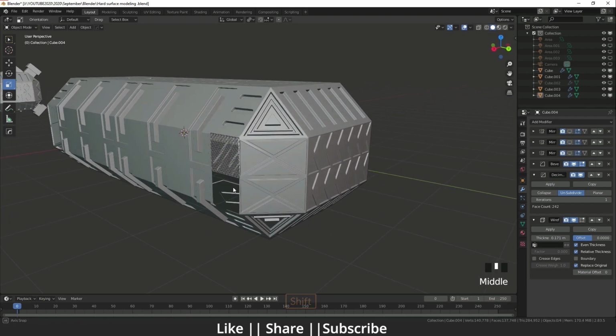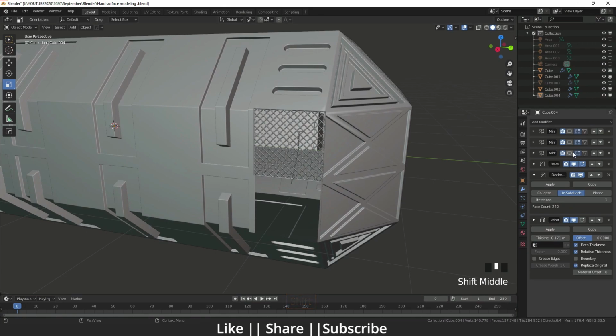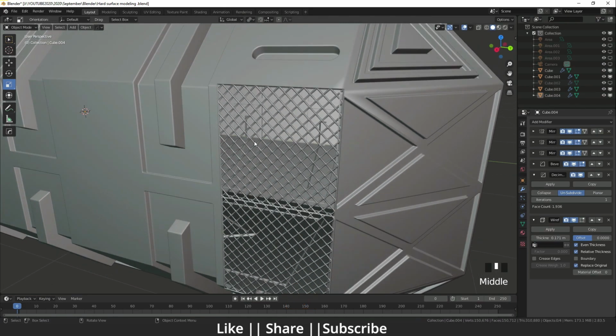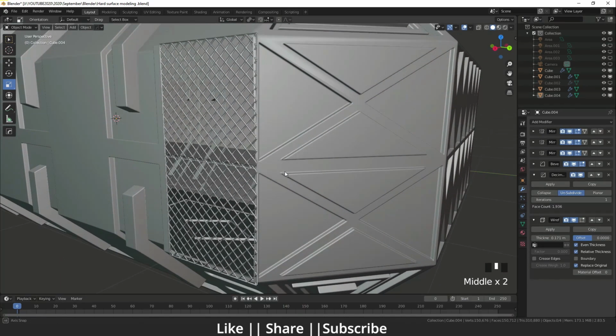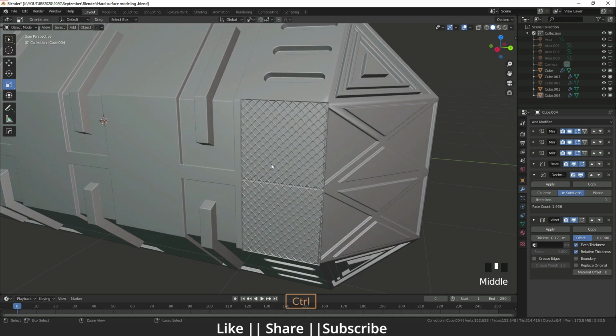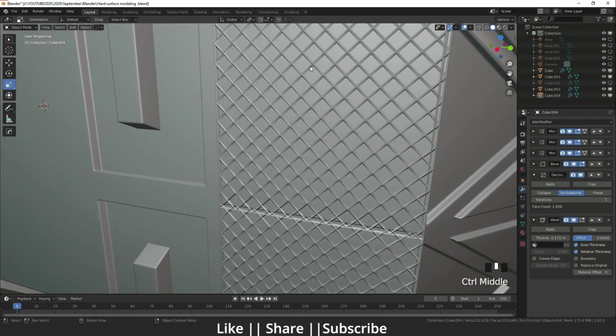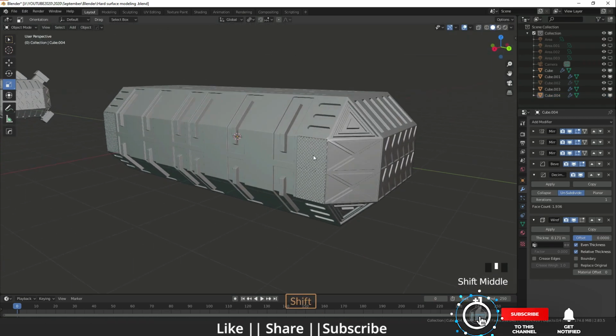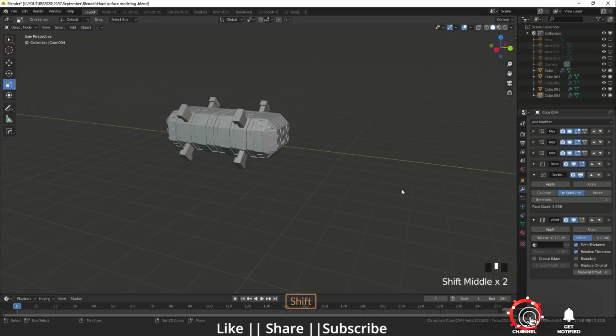So we have some cage here. Just enable the all mirrors modifier, but here you can see we can see through easily from this cage. So we don't want to see the inside part. For that you have to click on this, called replace original. So you have a cage also, and you have that background plane as well. Now it's looking fine.